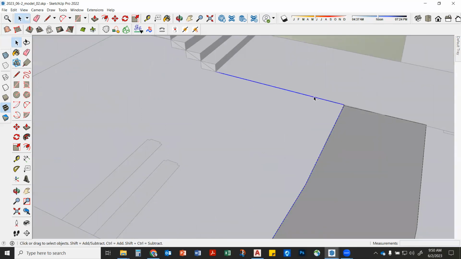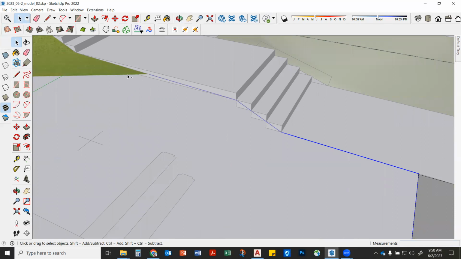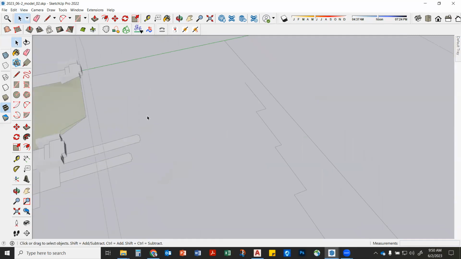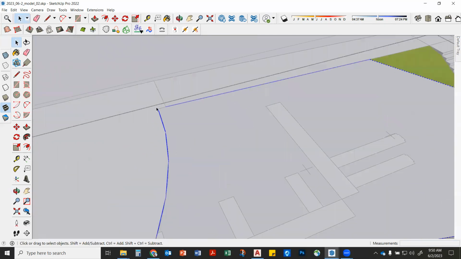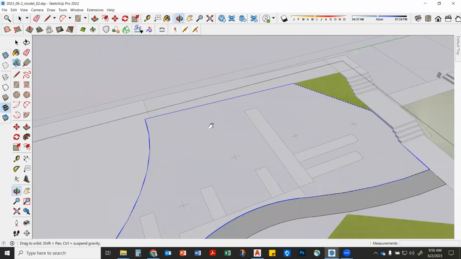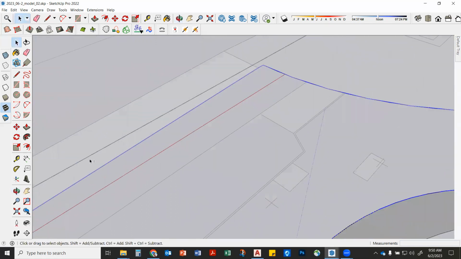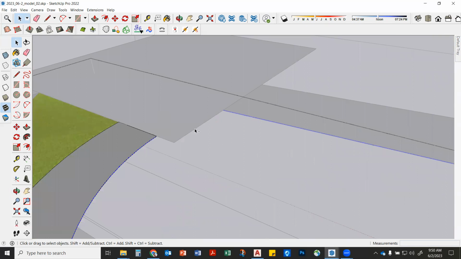All right, then we'll click on that one. We want that one. We want that one. We want that one. That one. If there isn't one, watch. If we come over here and there's a section where we don't have, so that comes all the way around. Oh, I missed a spot right there. Get that. Right? Now over here, I don't know if there's actually a line. There isn't. But look, even while it's still selected, I could draw a line, click, click, click, hold down